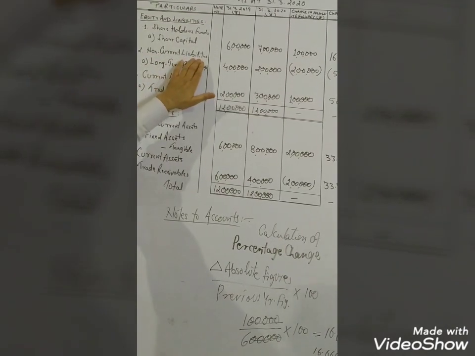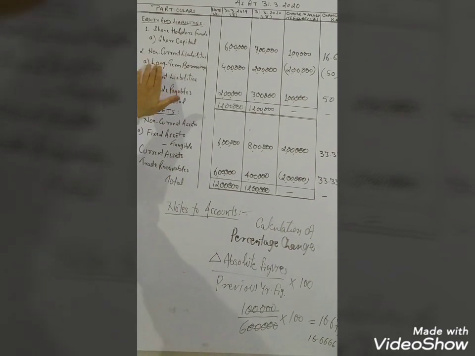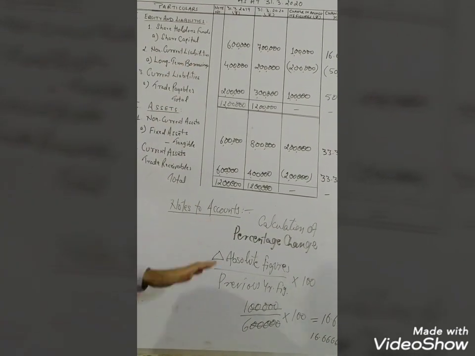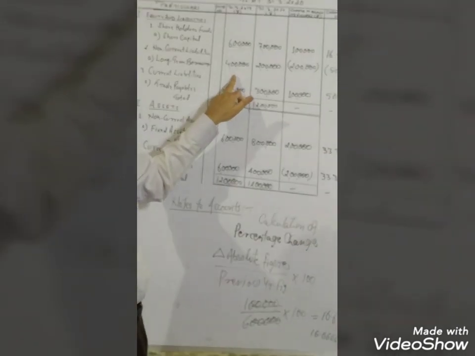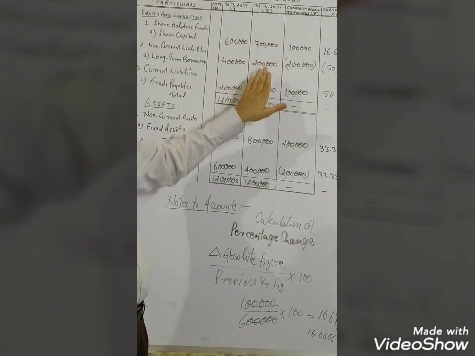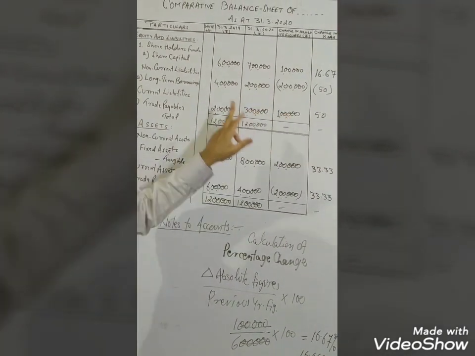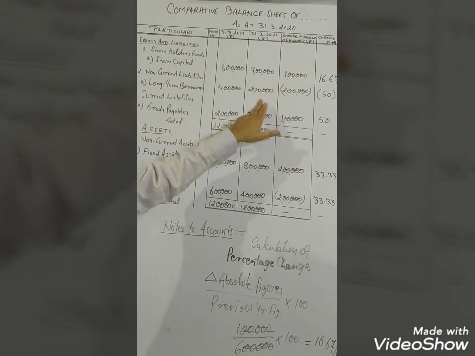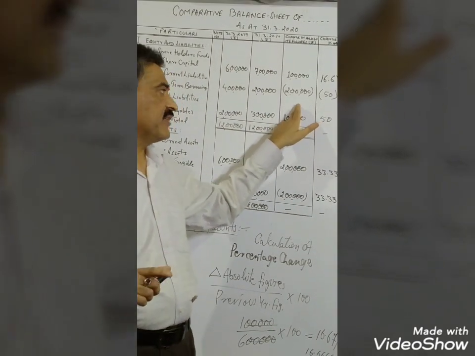Secondly, non-current liabilities. This is the second major head. Under the non-current liabilities, we will have to mention the subhead long-term borrowings. For the year 2019, long-term borrowings are given as rupees 4 lakh, and for the year 2020, it is rupees 2 lakh. Now we have to make a comparison from 4 lakh to rupees 2 lakh, it is rupees 2 lakh. What? This is a decrease in the value.